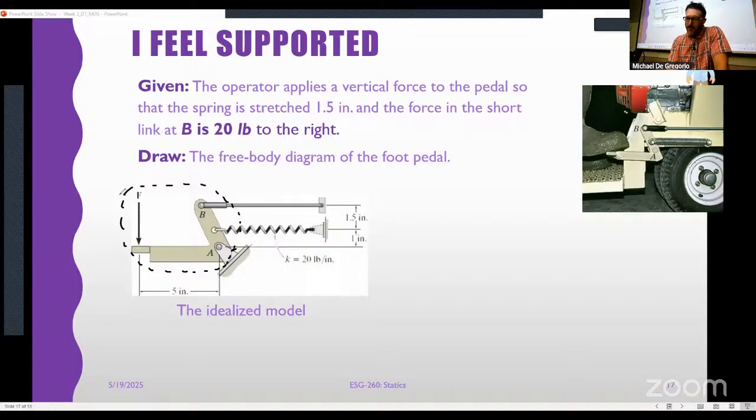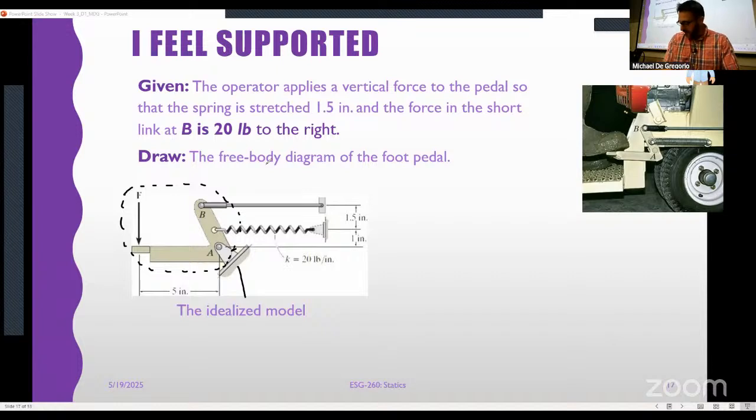What kind of support is that at A? Yep, it's a pin. How can you tell that that's a pin? Because it looks like a pin. That's how you can tell. But in all seriousness, if you look at that, I think you can tell that you should be able to rotate there, and that specific support is there to make sure that we are only rotating and we're not moving in the horizontal or the vertical, right? Okay.